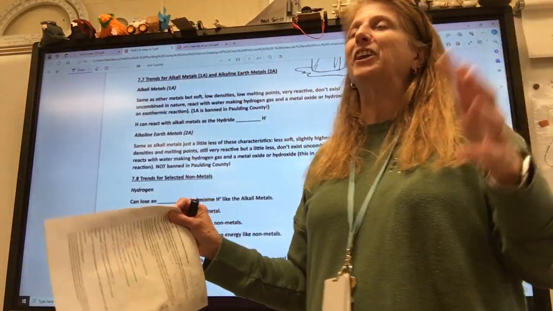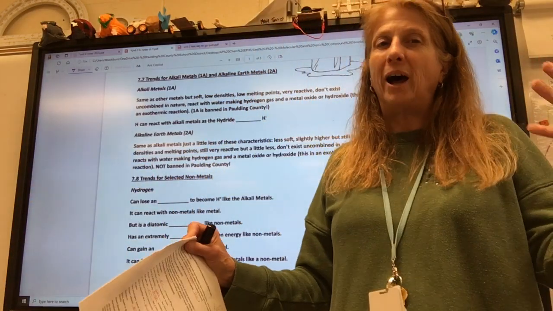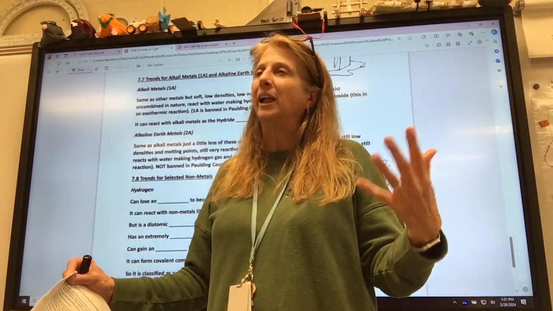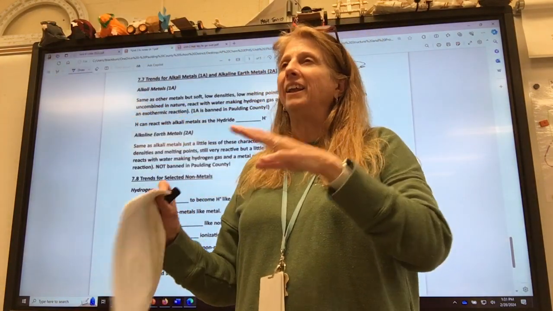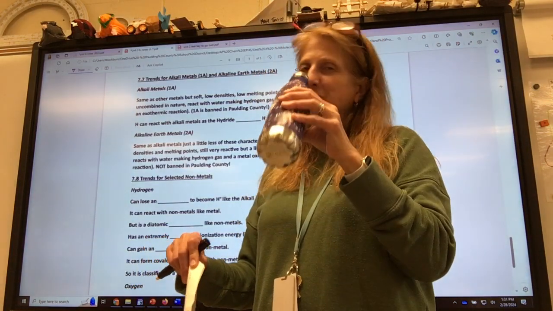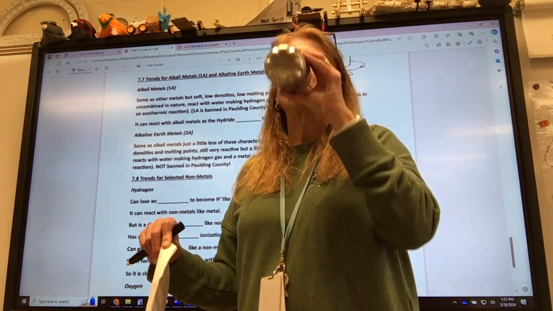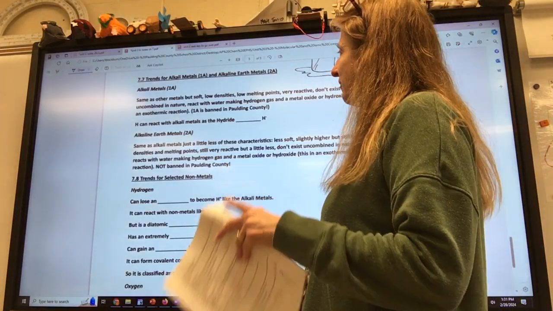He was all excited. He had it dump in an old potty. He was going to blow up the potty. It was going to be like a YouTube moment. So he had his long thing, and he dumped it in, and it did nothing. He was so disappointed. So it did not blow up his potty at all. It did not react good at all.